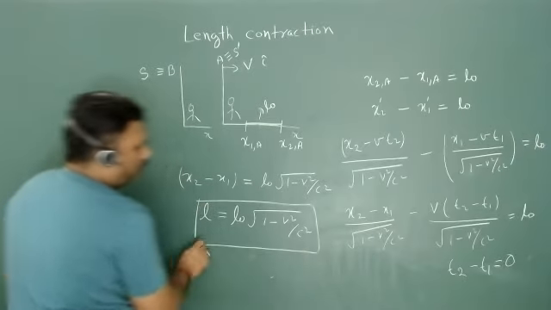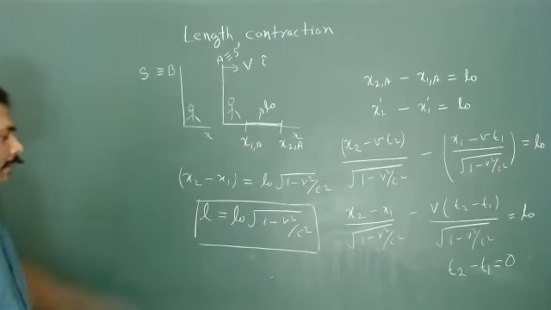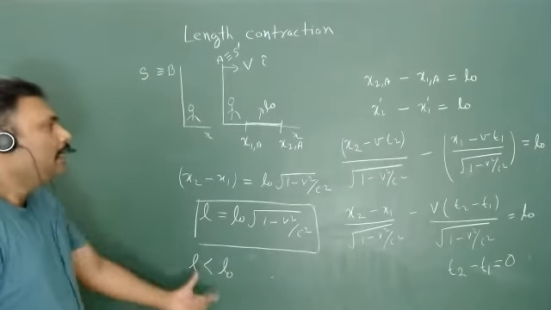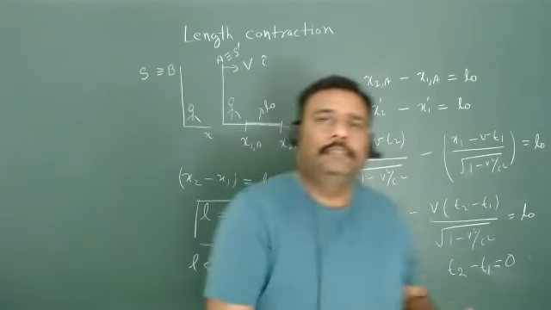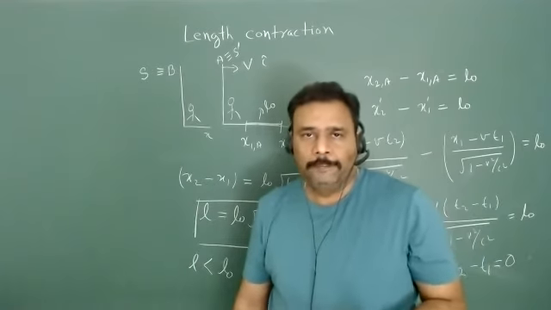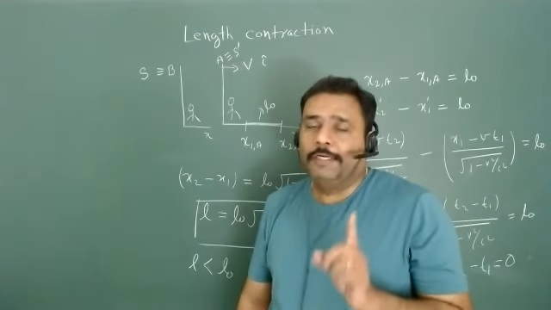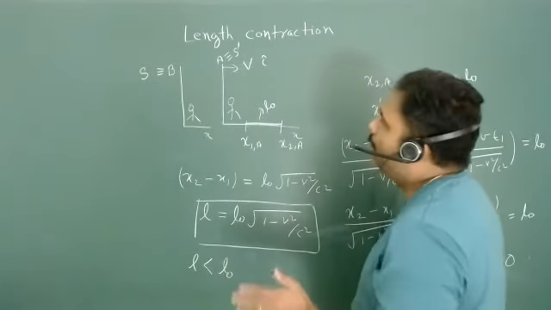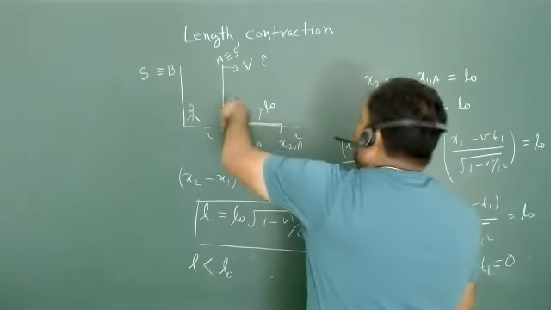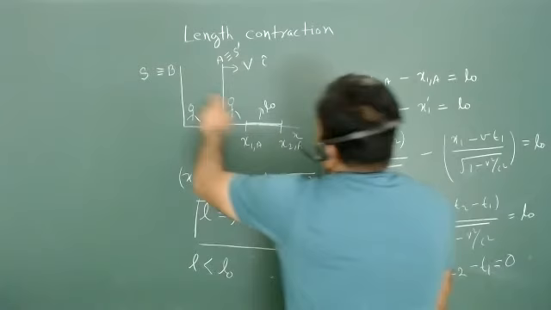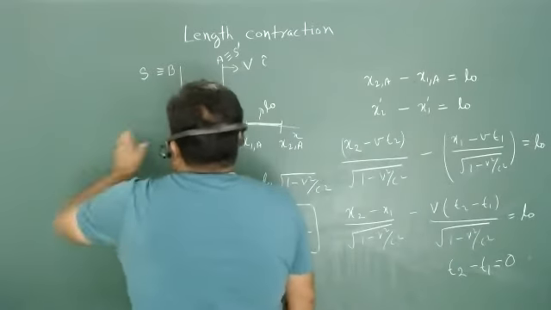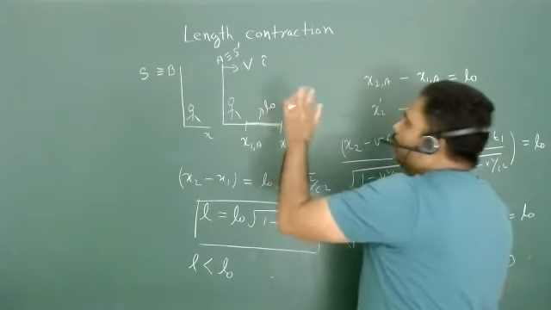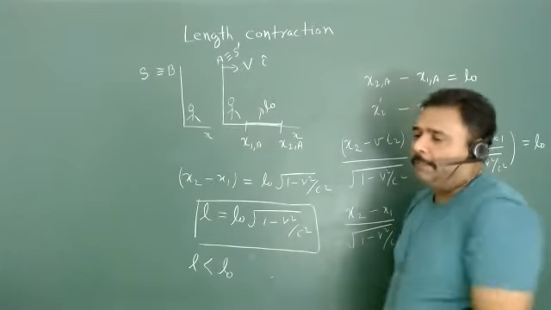And now you can see this L is less than L0. Your appeared length is smaller than the proper length. And yes, proper length is uniquely defined. Please always mind, whenever you have to measure proper length, you have to jump onto the rod's frame and measure the length there. From any other frame, you can just perceive what the appeared length will be.